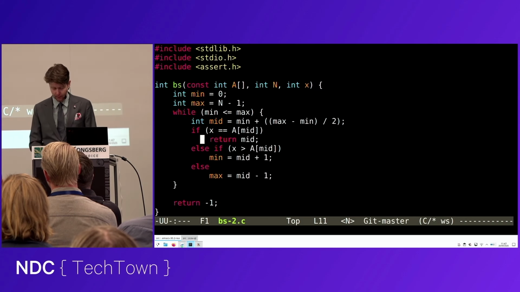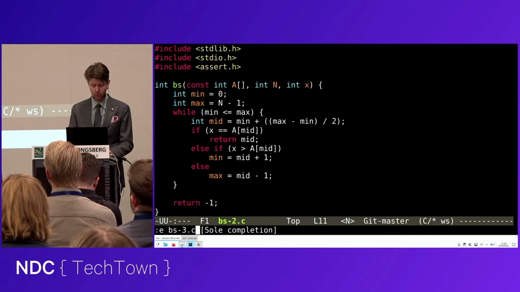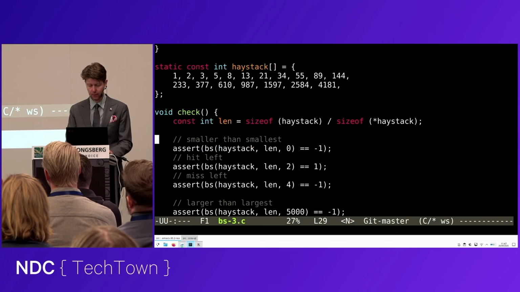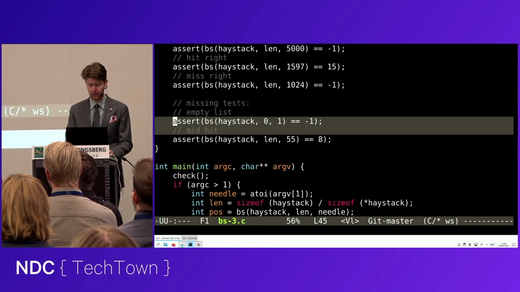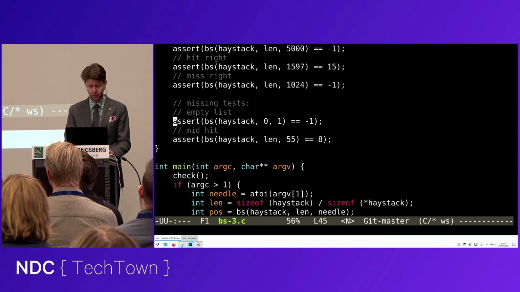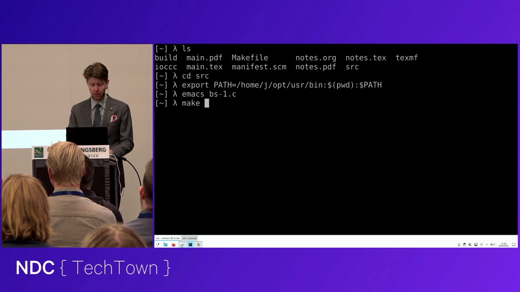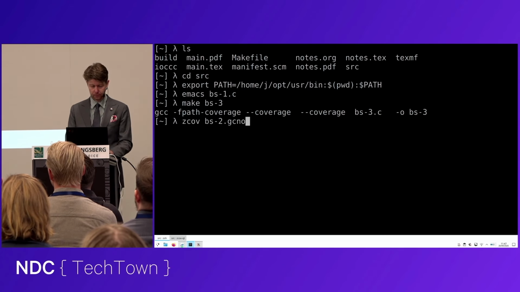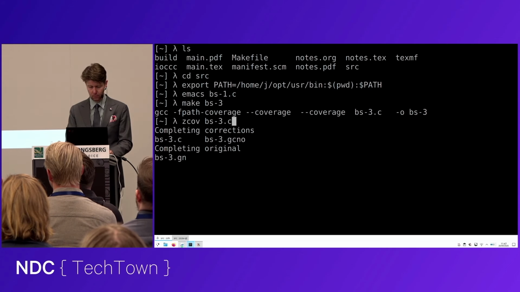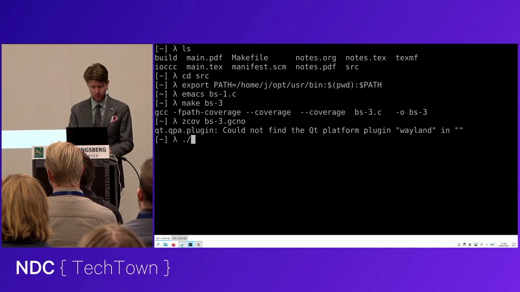Yeah. We can actually add a few tests to achieve 100% coverage, and now we just update the test suite with the missing 2 tests. See here, where the list is empty, and where we hit the element in the middle right away. There we go. OK. And if we would run that,